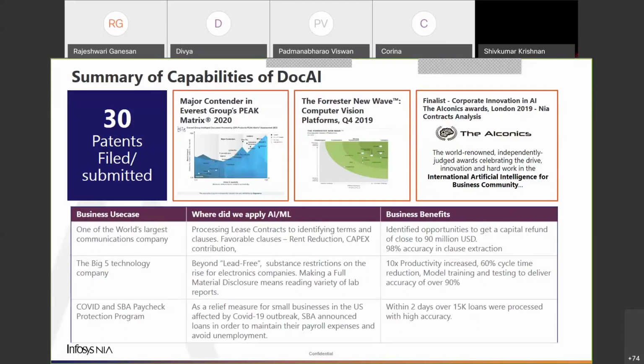The second use case is one of the big five technology companies. I can give you an example. Today, let's say you're using a phone. Each of these phones may have about 1,500 parts, which could be sourced from different suppliers across the world. So it is not just the performance or the specification of these phones that have to be met, but people are talking about safety, which is beyond lead, right? When these components are manufactured by different suppliers, they have to send a chemical report. So they literally crush